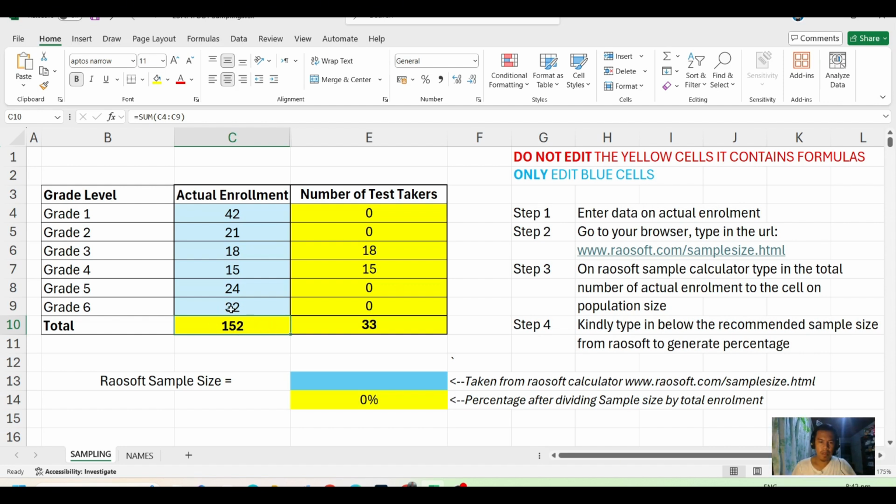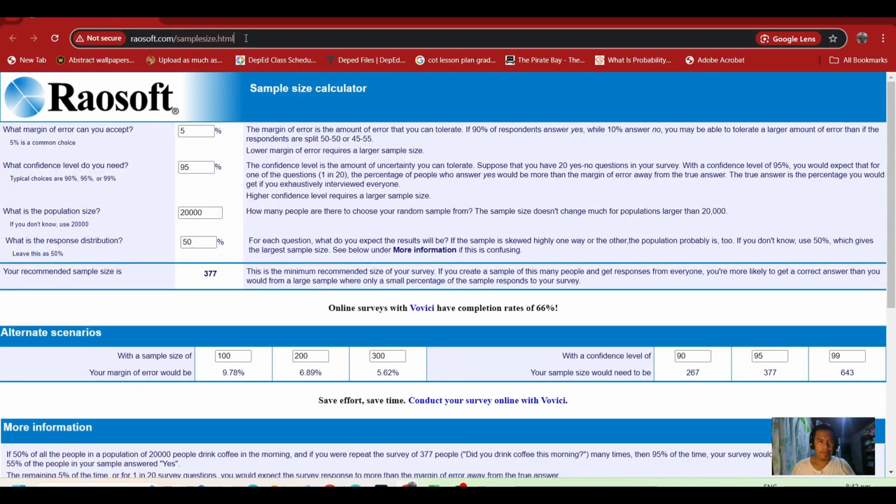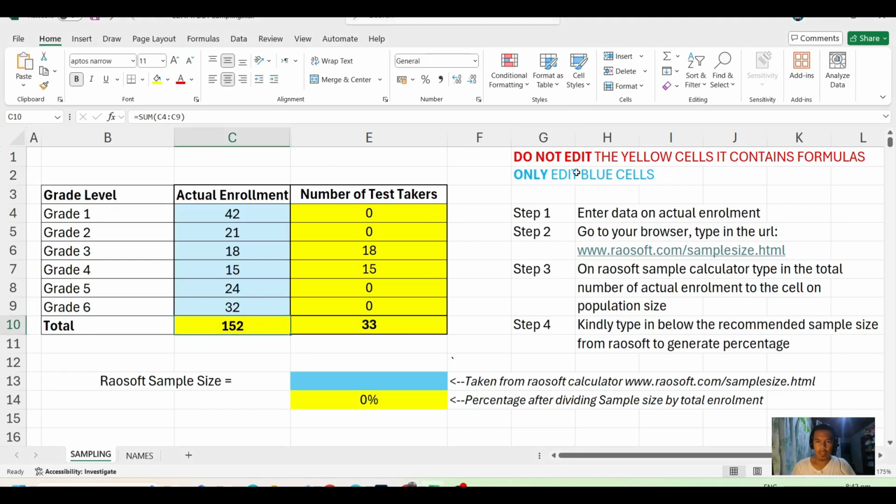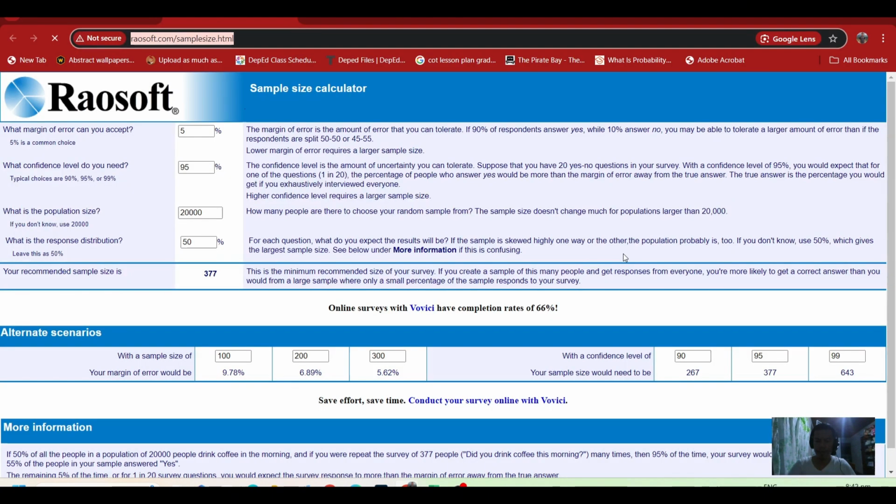Please take note of this number, because you will take it to the Raosoft calculator. So you have to open your browser and type in the URL tab, this one. You can copy or just click this link right away.